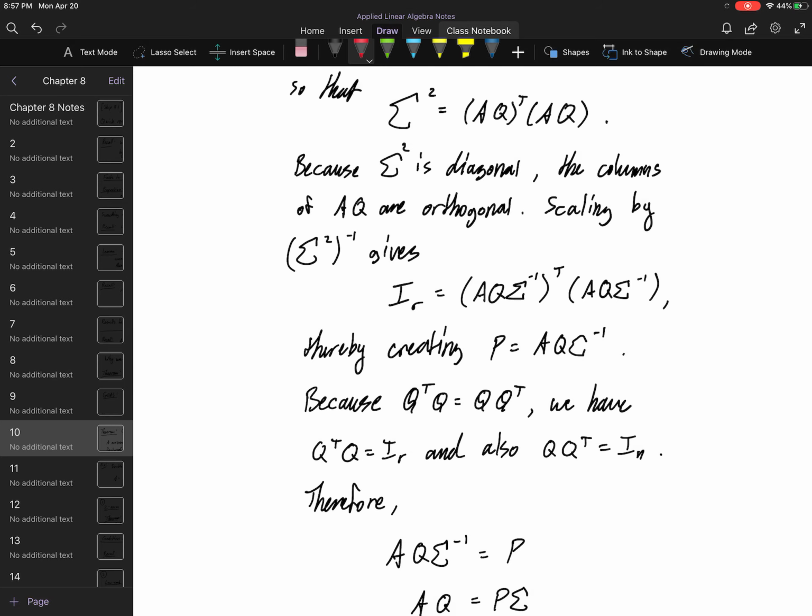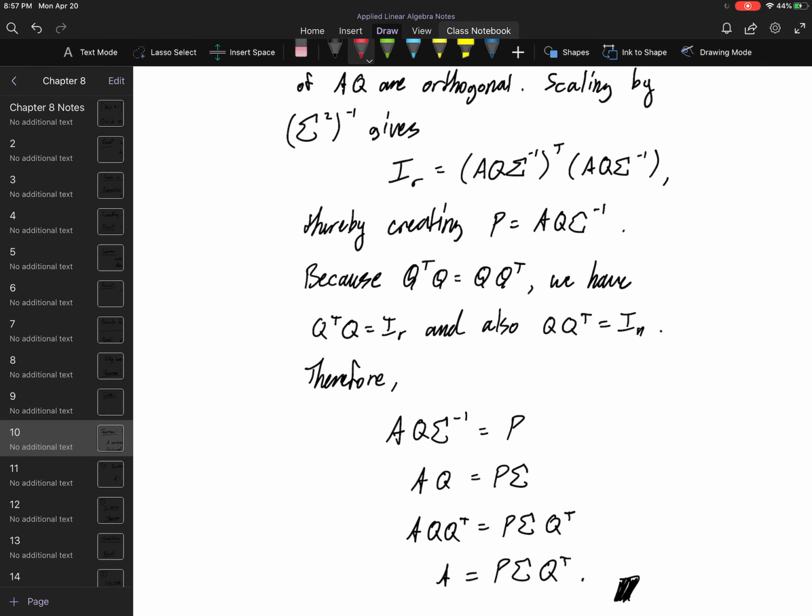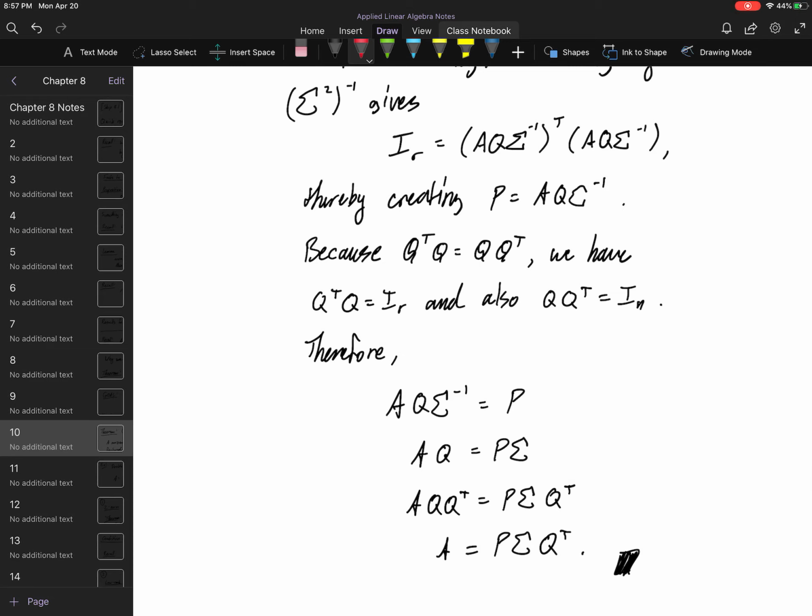It's something that we have to create from the diagonalization of A transpose A. So these vectors are actually fairly costly to produce, but there are nice algorithms to get them quickly. So we thereby create the matrix P, and that's A times Q times sigma inverse, right? Because